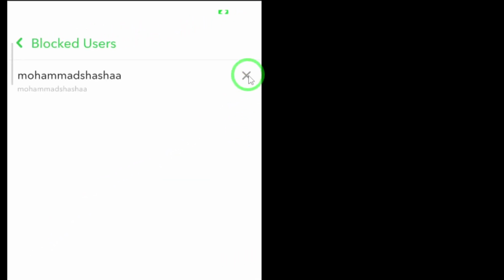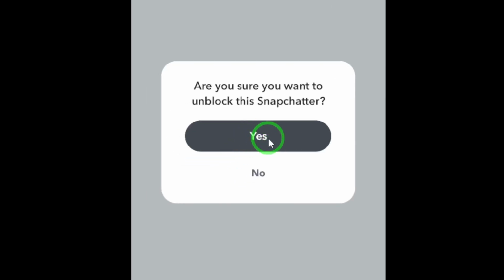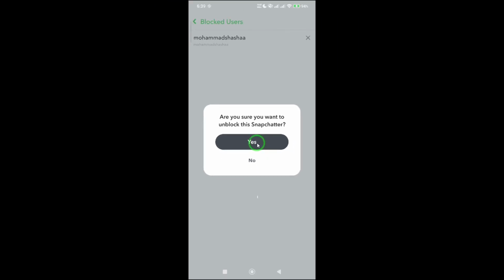Here comes the final step. Look through the list and find the person you want to unblock. Once you spot their name, tap on it. Snapchat will ask you to confirm your decision. Just